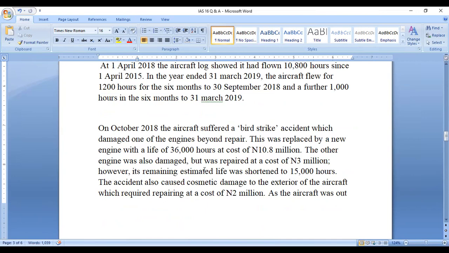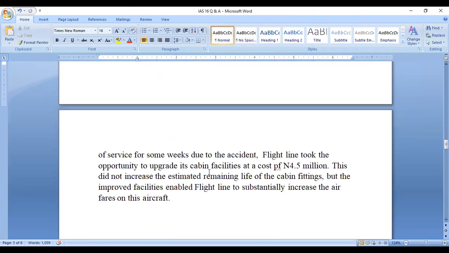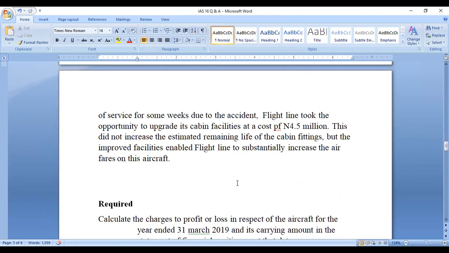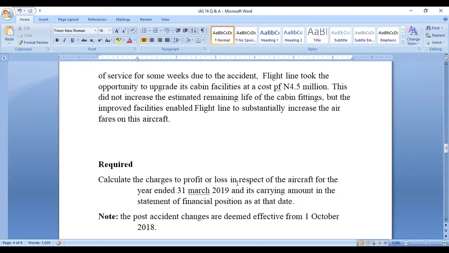However, its remaining estimated life was shortened to 15,000 hours. The accident also caused cosmetic damage to the exterior of the aircraft, which required repairs at the cost of 2 million naira. As the aircraft was out of service due to the accident, Flight Line took the opportunity to upgrade its